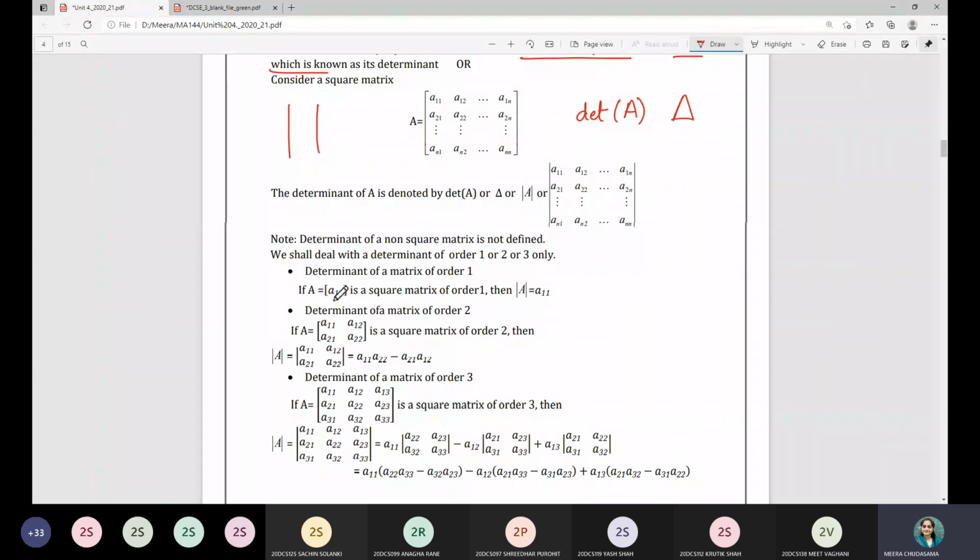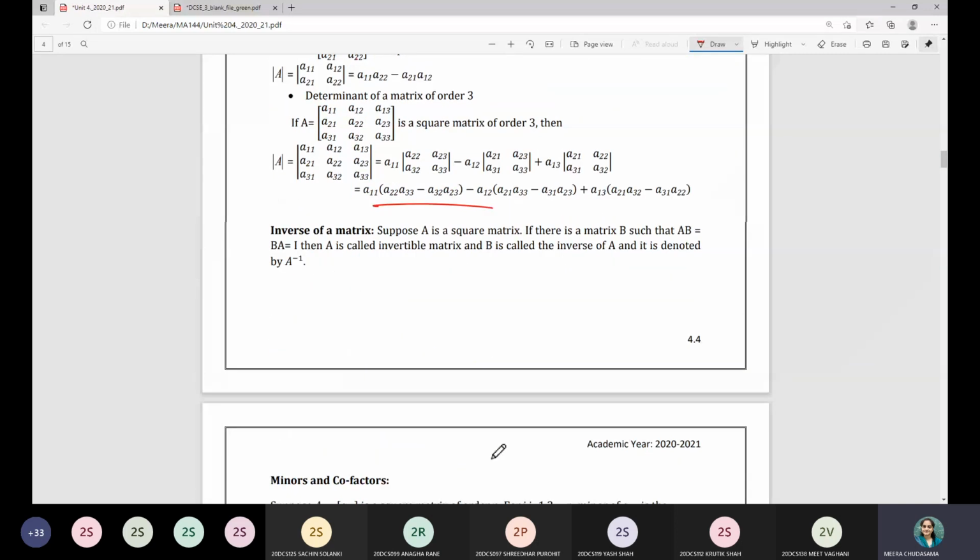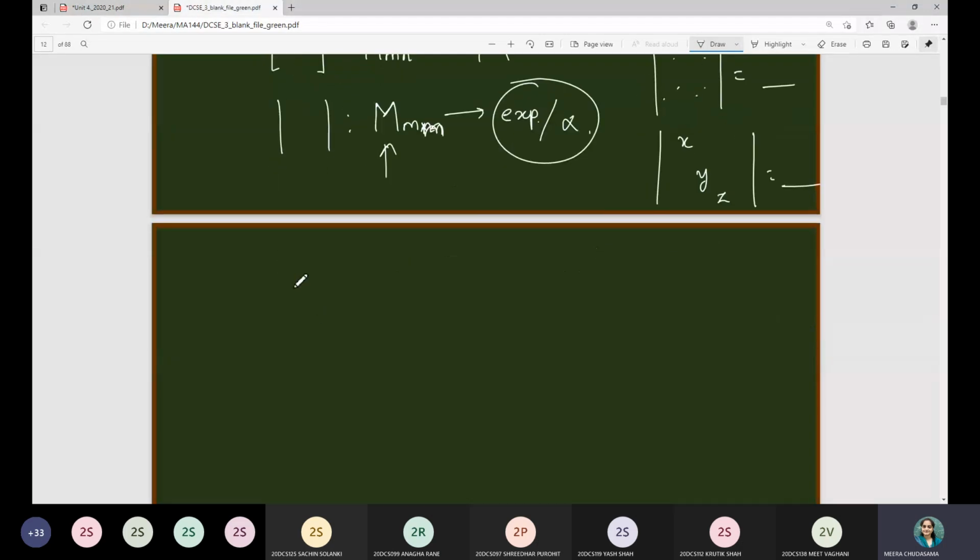If you consider a first order matrix, then that number itself is the determinant. If it is 2 cross 2, or 3 cross 3, you know how to find the determinant. The formula is already given and you know it well from your school level. Now suppose you are given a matrix A, and if there exists, this is the symbol for there exists. You must know this symbol. This is for all, but for those who are not aware of it, this type of symbol is used for such that. Other symbols, whenever I use them, I will let you know.